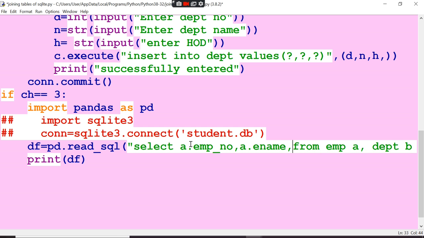And then department number, so A dot DPT number. Okay, then comma B dot department name, comma B dot HOD.